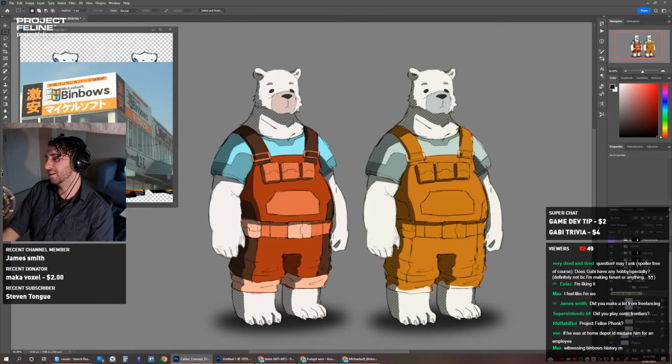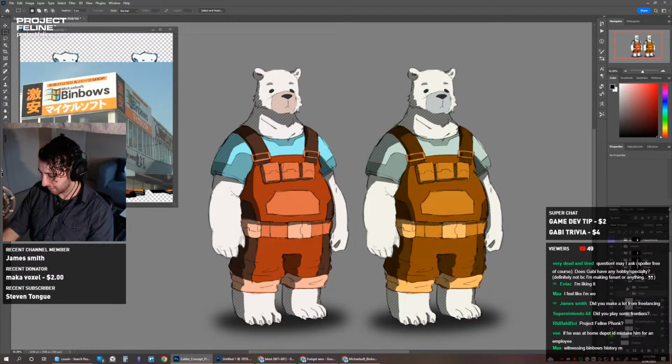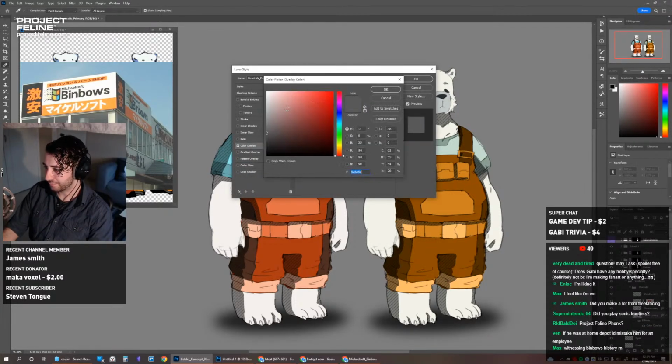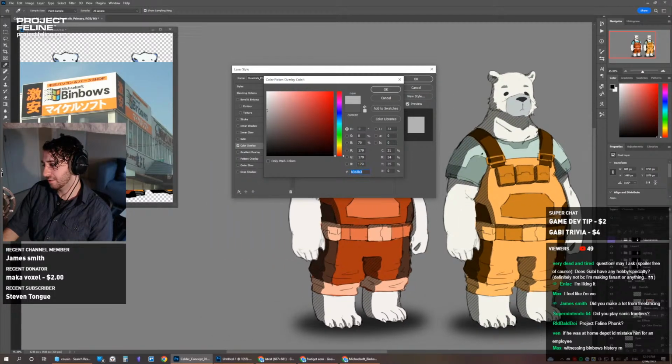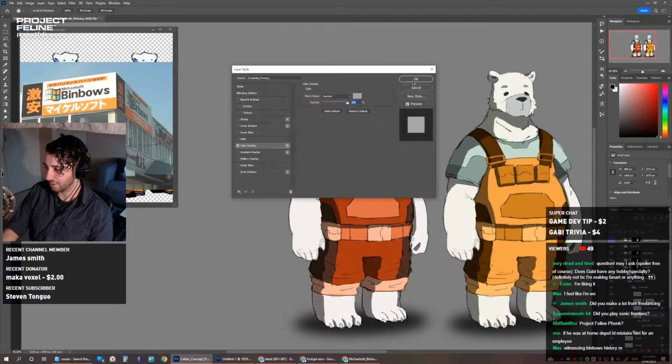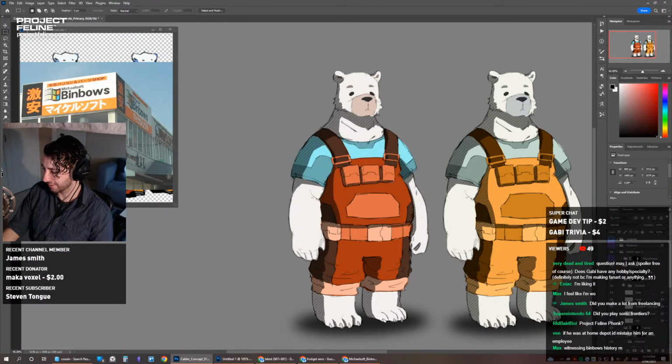Because it's too dark. I don't know. Let's just try it. This might not look good, but we're just going to try it. So I'll just brighten it. Oh, okay, it's too much. What value is that? Oh, that's full. Try like that, and then I'll make the saturation higher on the color.